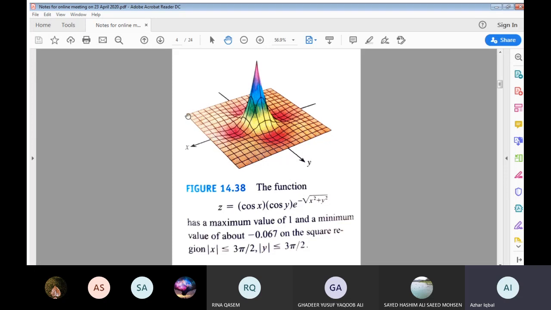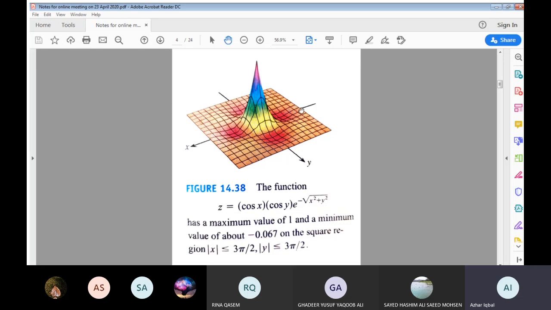So in the xy plane, this is a square region, and if you confine yourself in this square region, when the absolute value of x, the independent variable, remains equal to or less than 3π/2, you are going in the x direction. If this is the positive direction of x, starting from 0 to 3π/2, which is of course in radians, and likewise you are going from the origin in the negative direction of x,